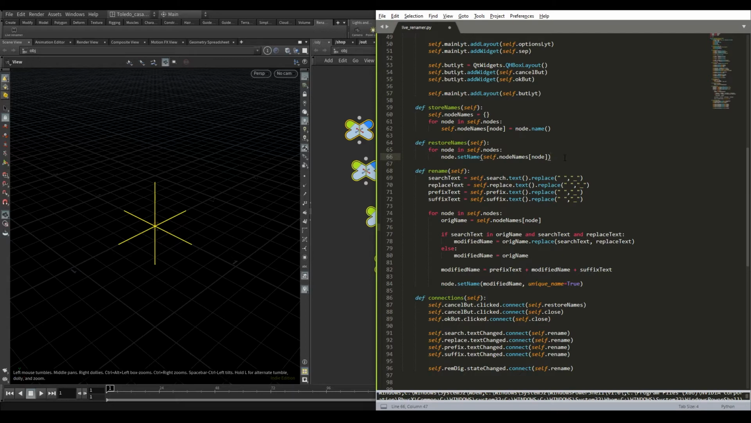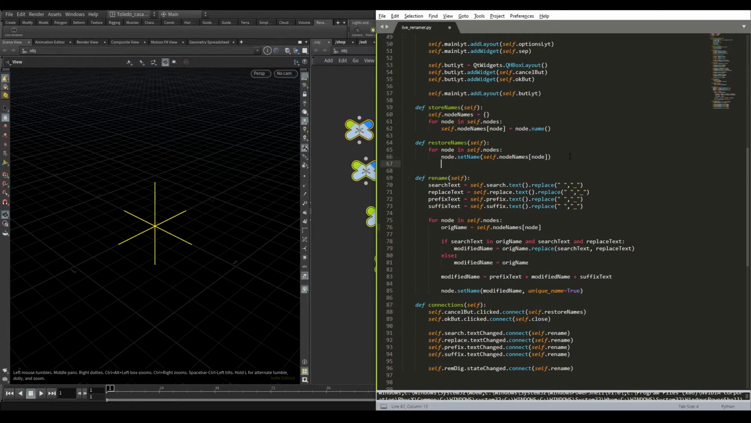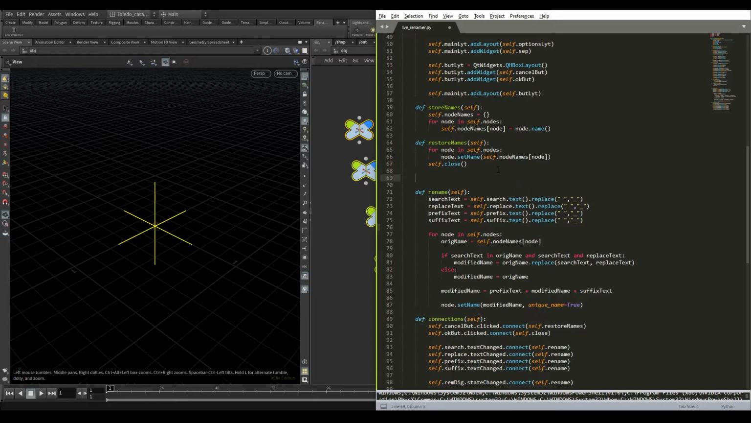Instead of having this signal here, so when we restore names and then close, to keep it cleaner, we can call the self close here. So now we need to modify the rename method to remove the trailing digits. So to do that, I want to create another method here called remove digits,